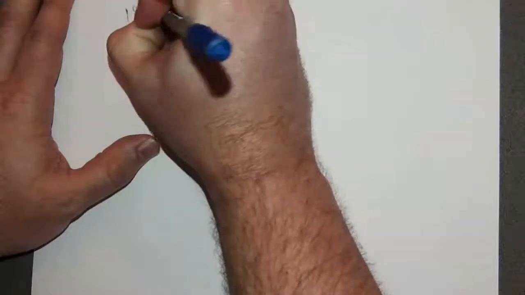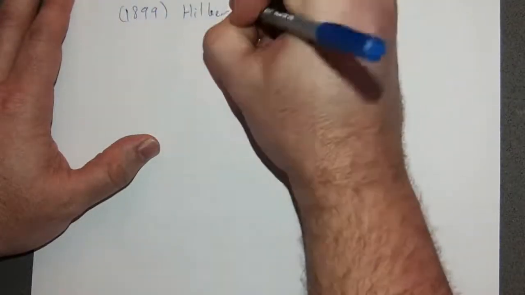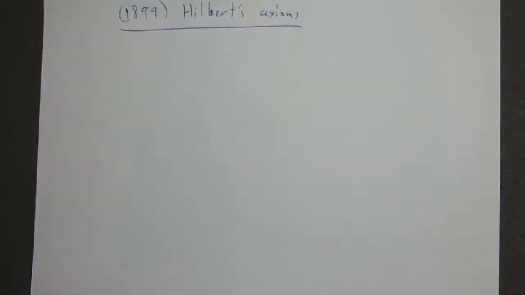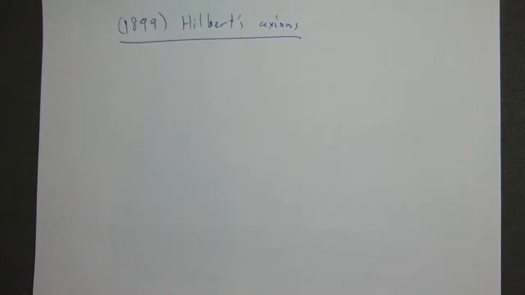I wanted to mention that in 1899, David Hilbert, great mathematician, decided to take it upon himself to see what was necessary in order to make Euclid 100% logically sound in everything that followed in the Elements. And it turns out that it didn't take a whole lot. The only thing that you needed to carry out Euclidean geometry in a way that is 100% rigorous,